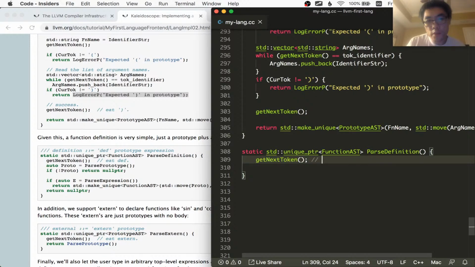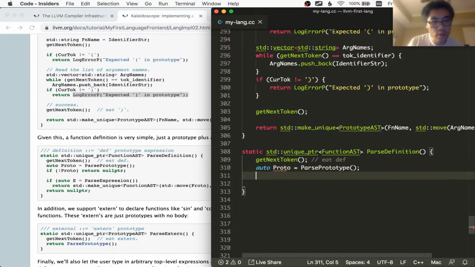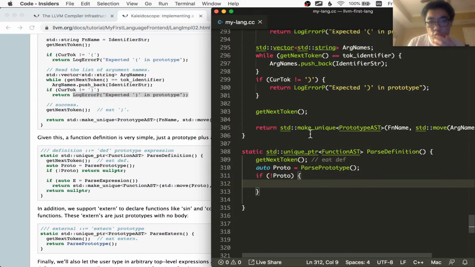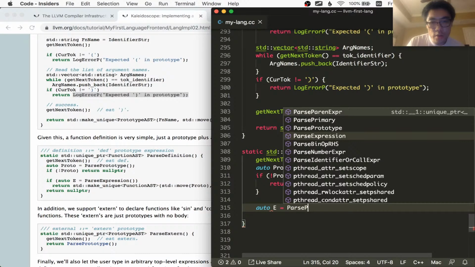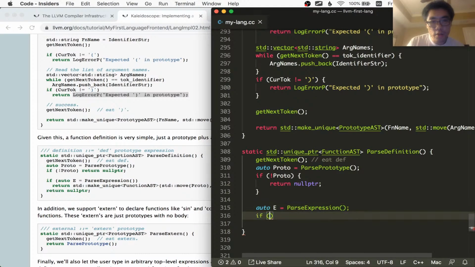So we're assuming that the current token is the def token, so we're eating the def token. If we did not successfully parse a prototype of the function, we're gonna return the null pointer to signal that stuff failed. Now I'm gonna do this in 2 separate lines because that's my style. We're gonna parse an expression next, and if that worked,